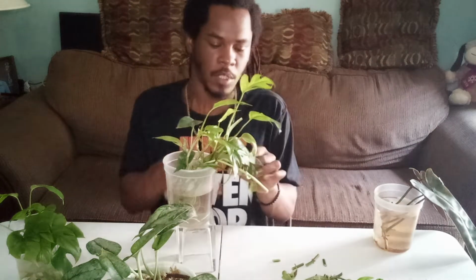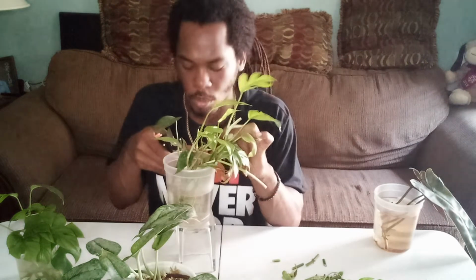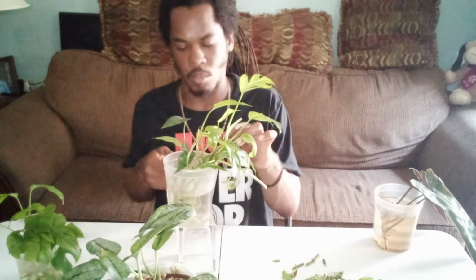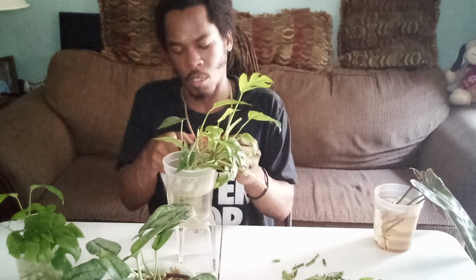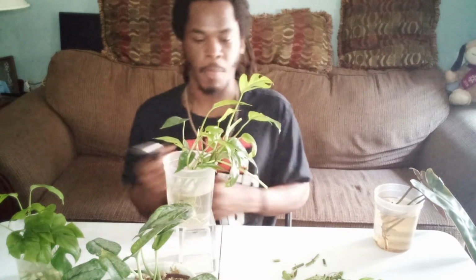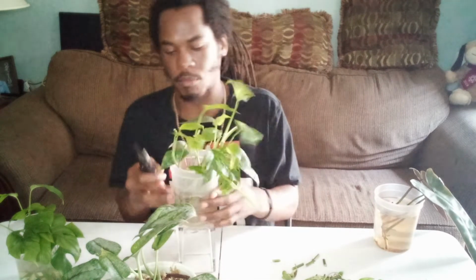So instead of having them just, I mean, these are like nodes, you guys. We're talking nodes. This is an empty node right here. Well, I can keep it and the next can grow, depending on how far down the pocket is. Alright guys, so yeah, I think that's gonna be it for this